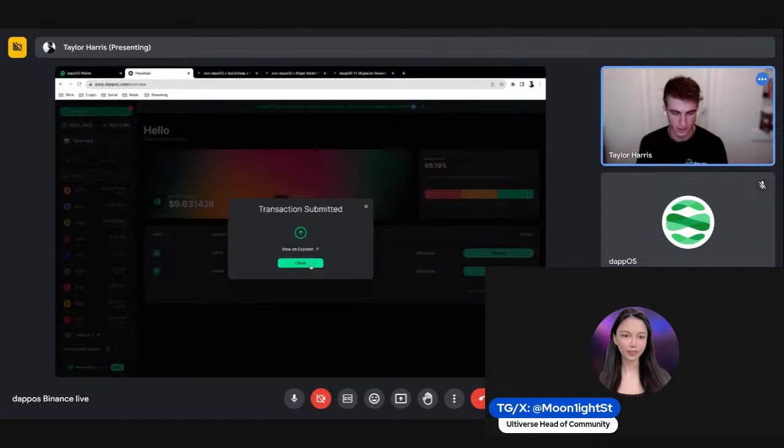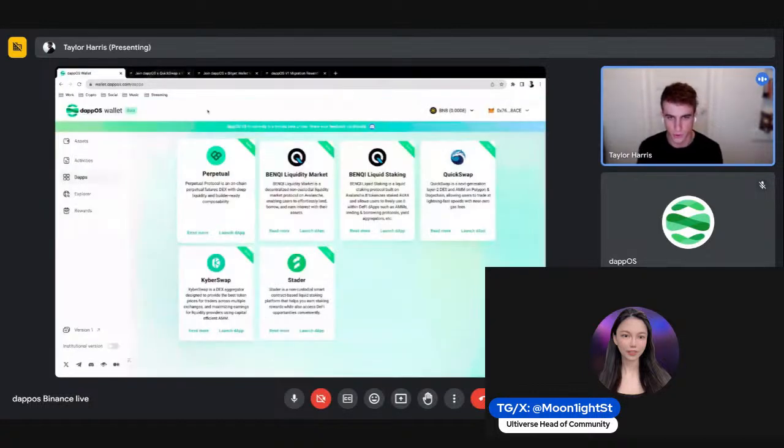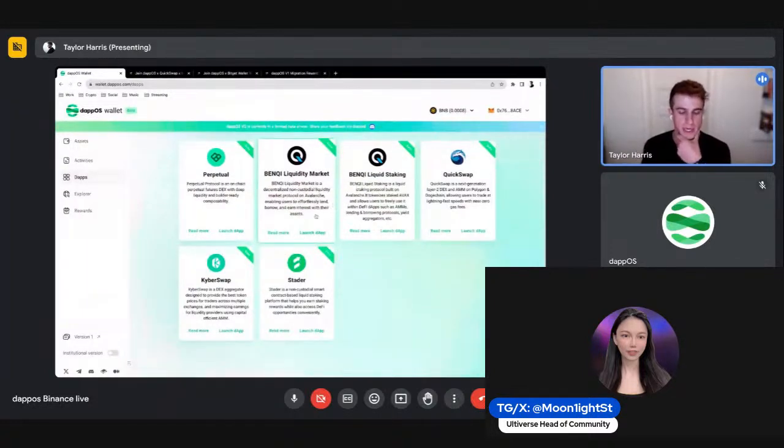Cool. So as we wait for the transaction, as it's pending, there we go. So easy and quick. One of the main features is being able to switch between those chains. Right now I'm giving an example of Binance Smart Chain, BNB, but whether you're a Polygon user or Arbitrum, anything, you're able to access all of those. Awesome. All right, so the next thing we're going to take a look at is Banky. If you can see my main screen, we're going to look at the Banky liquidity market.